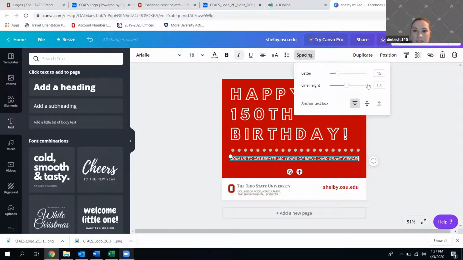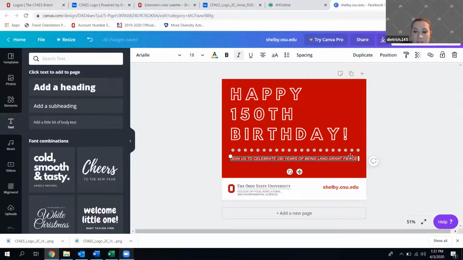Also in the spacing is line height. So that's where you're going to adjust the spacing between two lines. So letters, spacing between letters, line height, spacing between lines. I'm going to put a return under this, and then I'm going to start putting my details. So